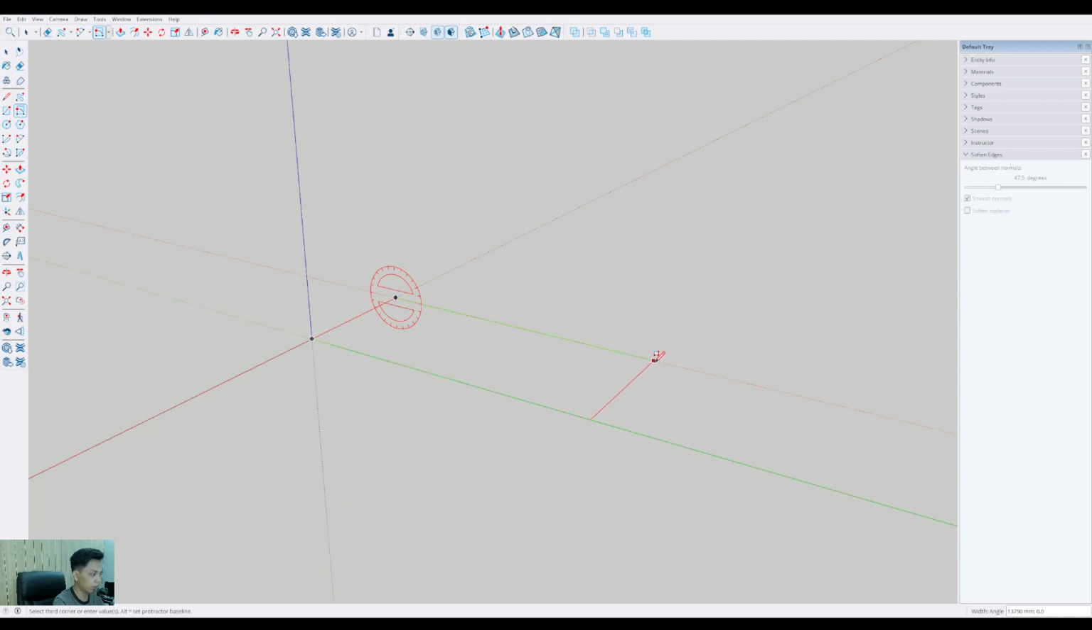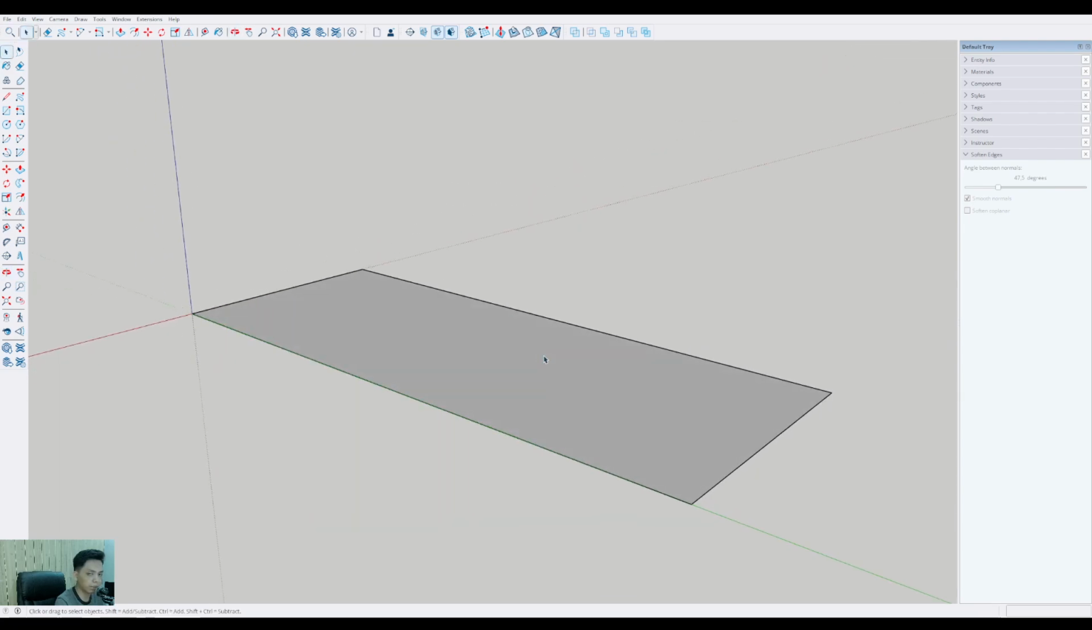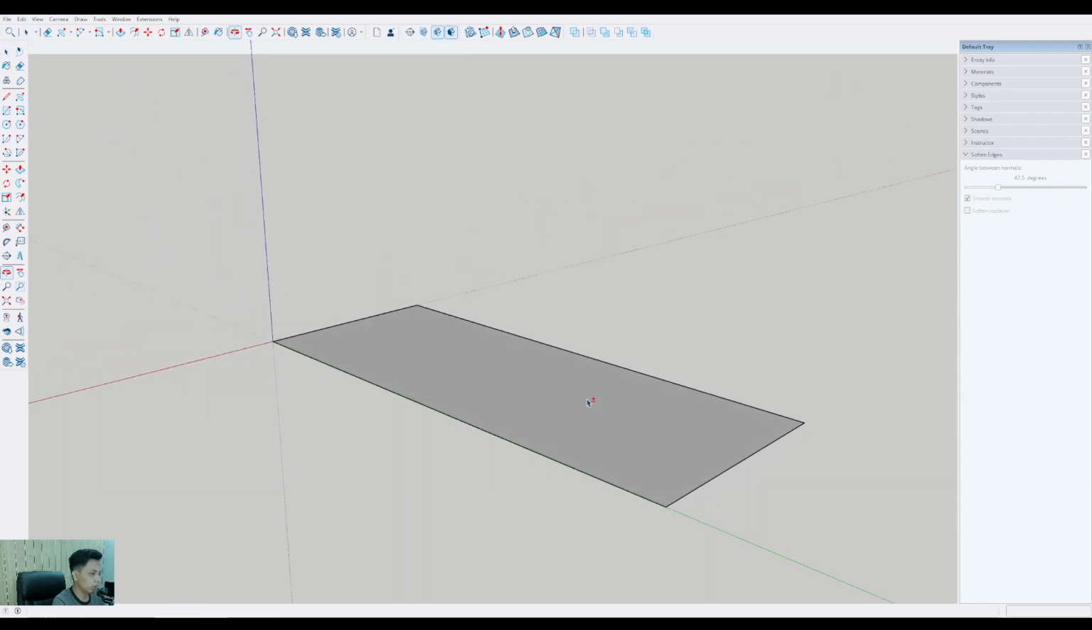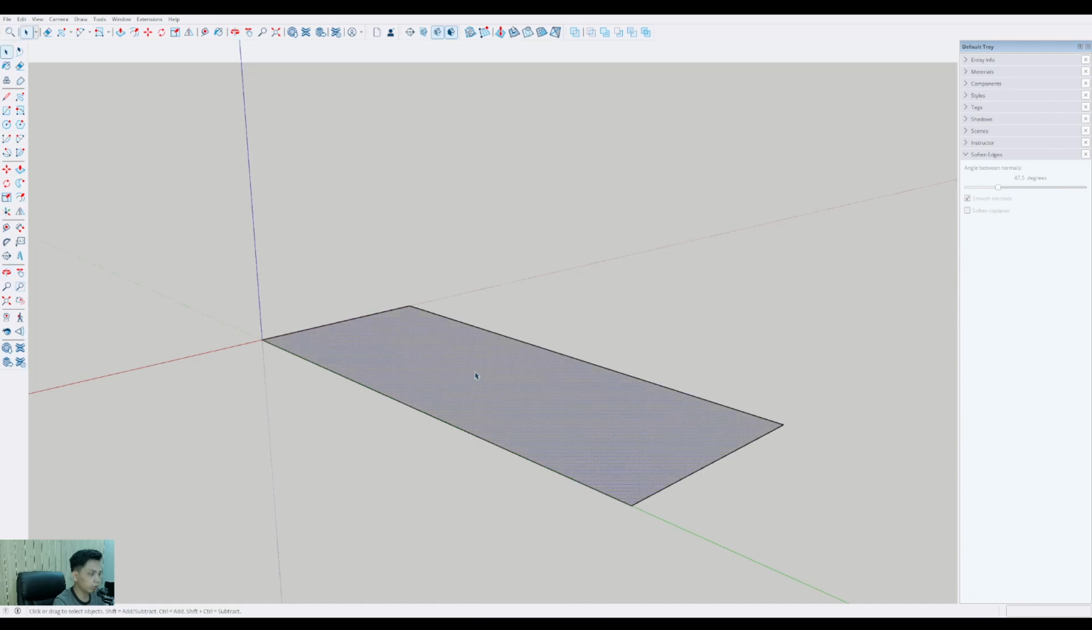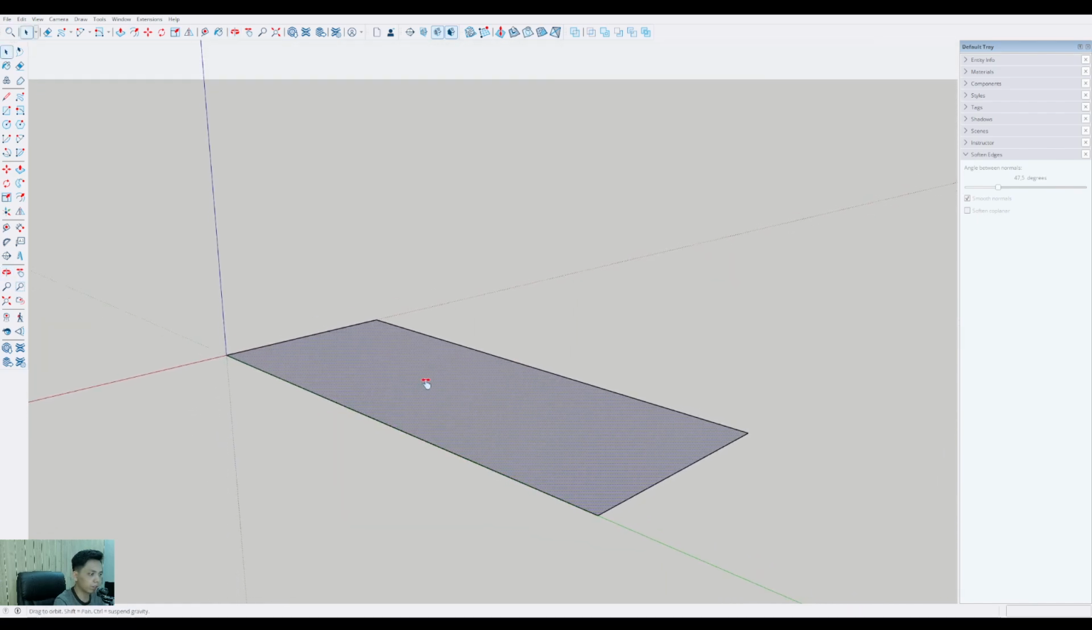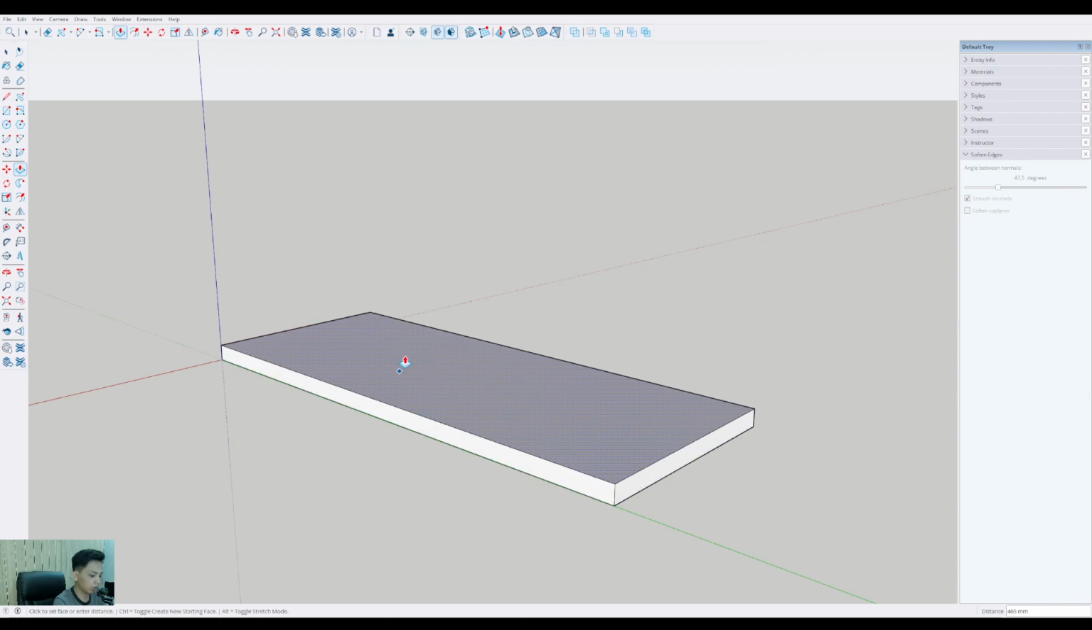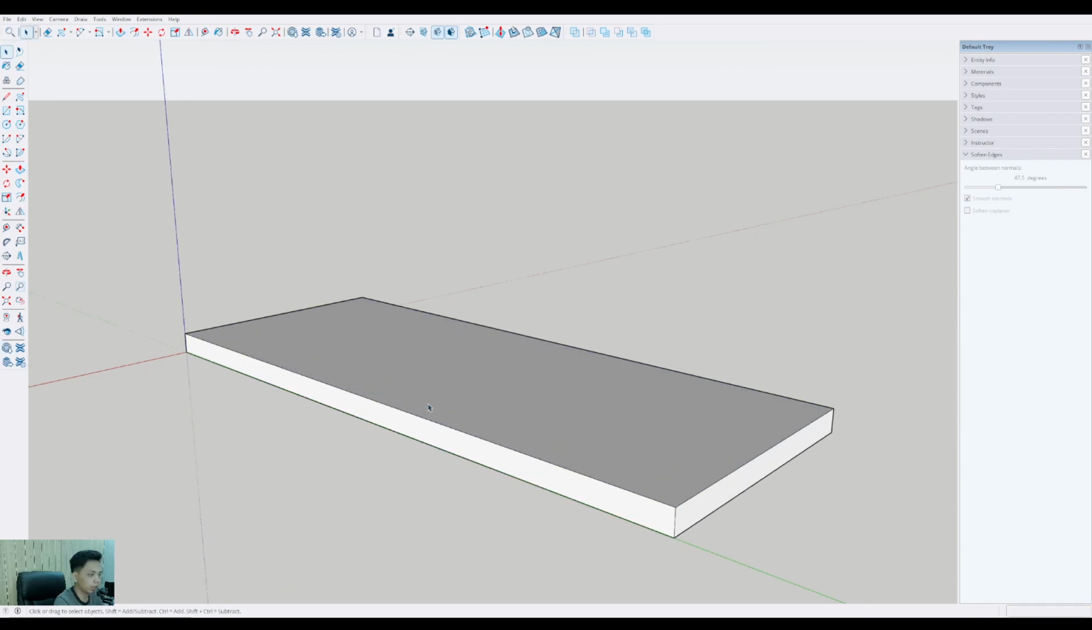It's around 15 meter. Sorry. Okay, so you have to push it up around 500 millimeter, and then you can